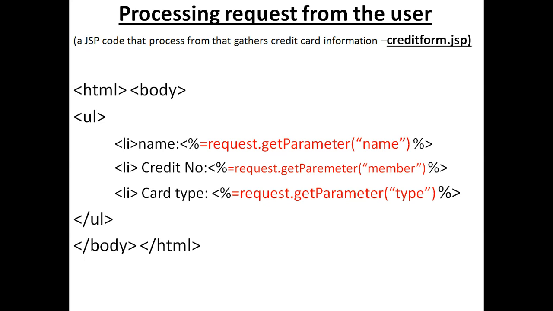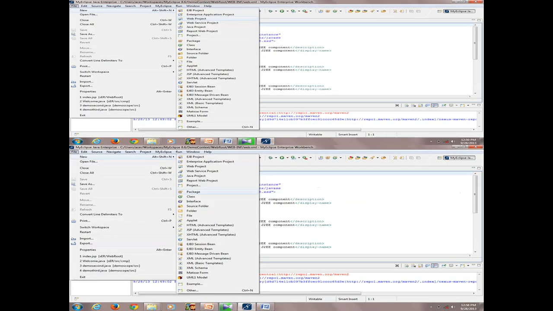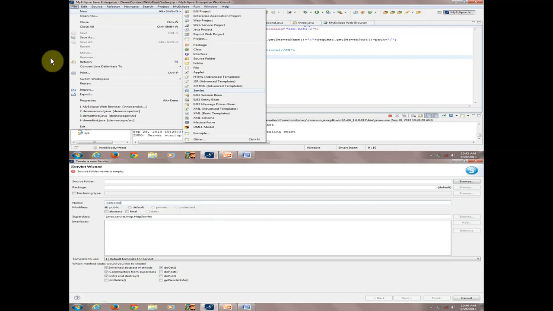So this is a comparative study of JSP program, client server JSP program, and client server servlet program, and how to execute. I'm also explaining you how to execute Java servlet. So when you have to write the Java servlet program, you have to go to new file, and then in new file you have to select package, this one here. You have to select package, and inside the package you have to write the Java servlet program.